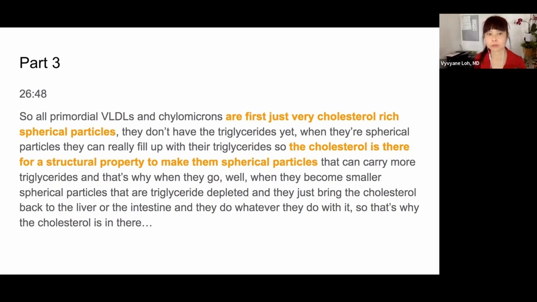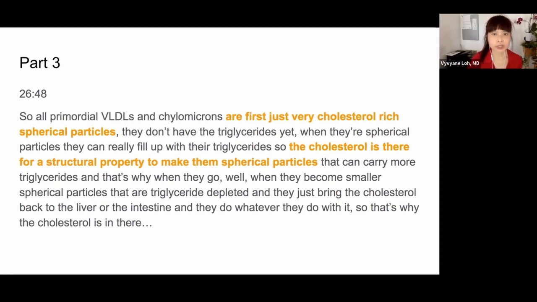So the cholesterol is in there for a structural property to make them spherical particles so that they can carry more triglycerides. And that's why when they go out, they become smaller spherical particles that are triglyceride depleted, and they just bring their cholesterol back to the liver or the intestine, and they do whatever they do with it. So that's why cholesterol's in there. They're not bringing cholesterol to my nose or your kidney or any place else because those cells need cholesterol. Those cells will make it, or they'll get it. Okay, so